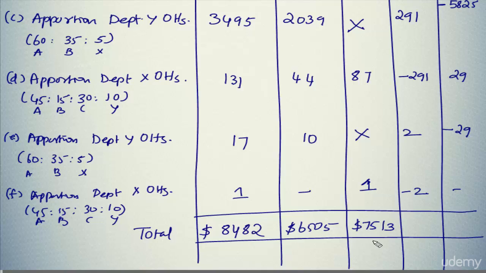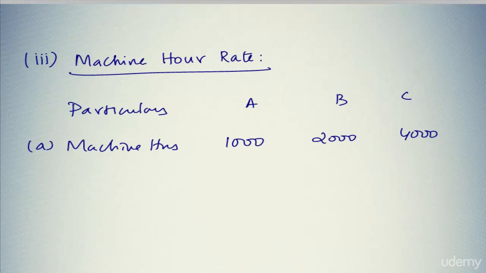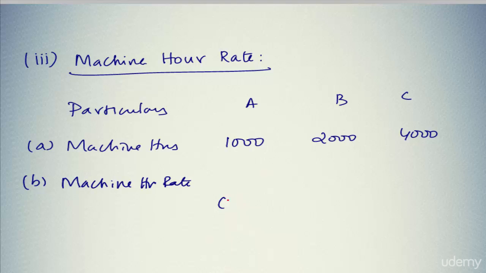So we'll simply divide this total cost by machine hours, and we'll get the machine hour rate easily. So the machine hour rate is going to be the total cost divided by number of hours, and